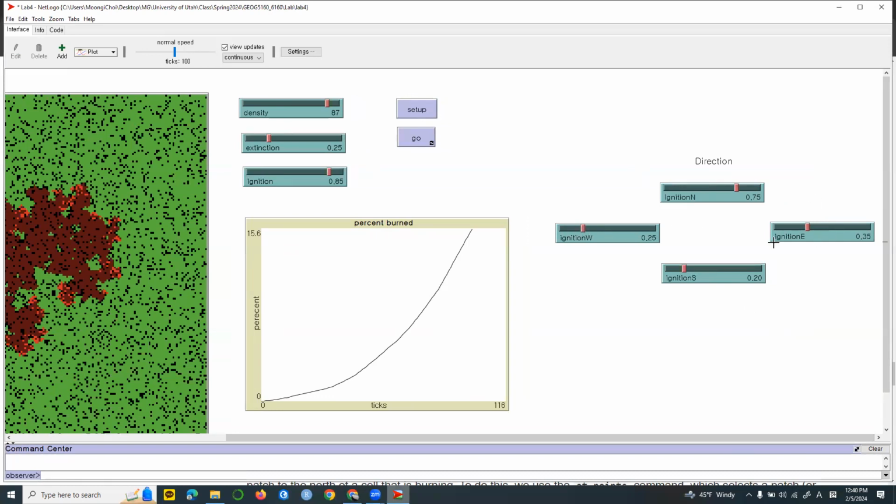So like this way. So we make 4 directions. So now we can adjust the speed. So wind direction. If the ignition N is really larger than others, then the fire spreads to the